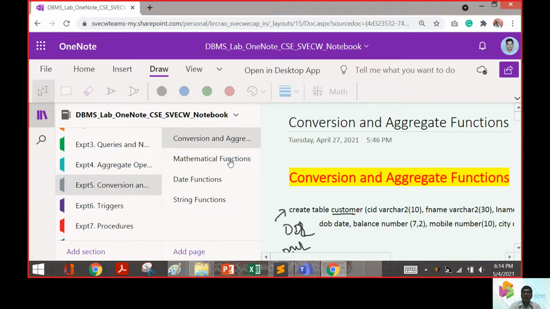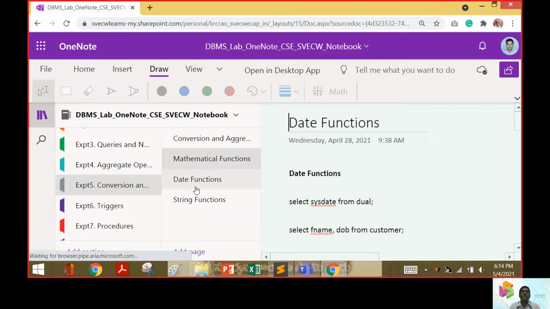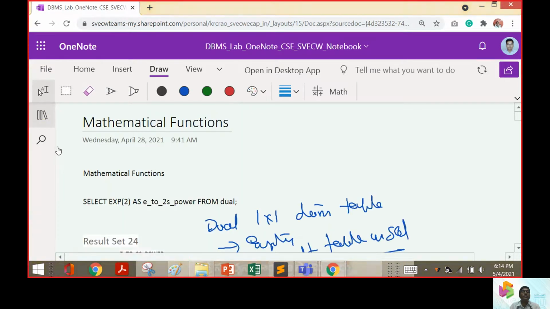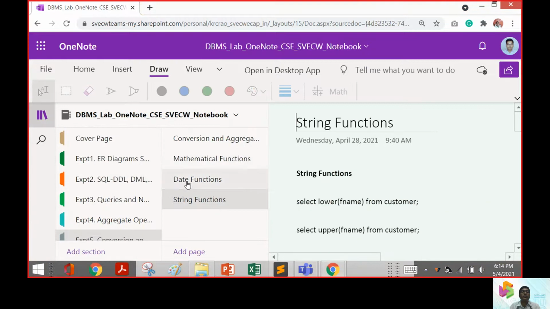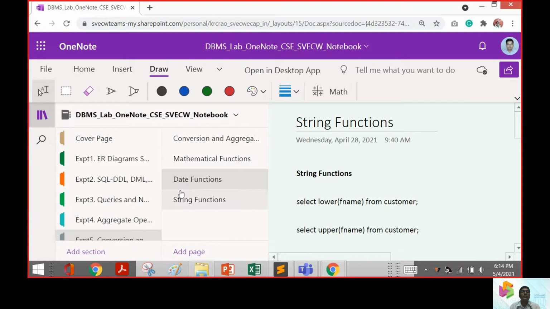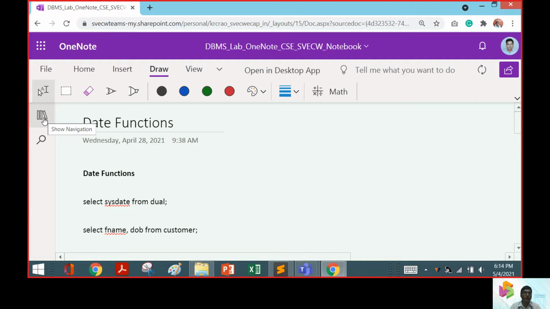Now we will look at mathematical functions, and then extend our task to date and string functions. So this was the prime way where we want to look at the issues in this context. We will use string functions and date functions, and we will work in this manner.